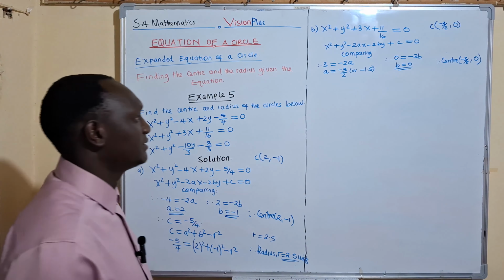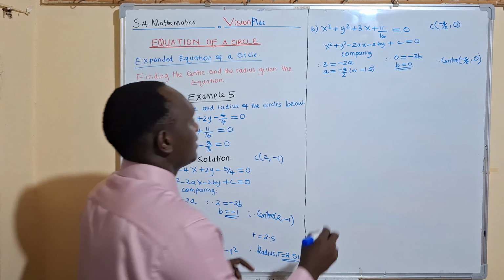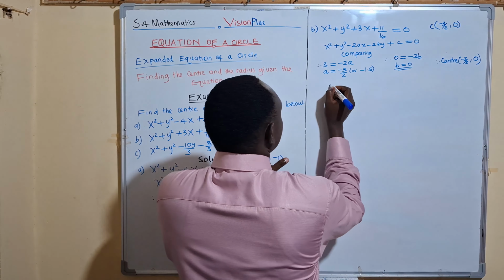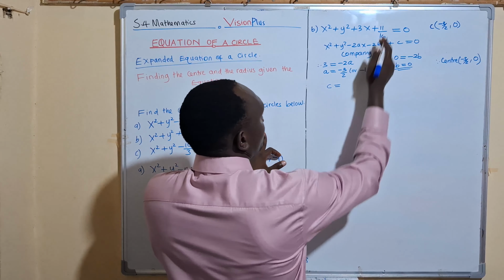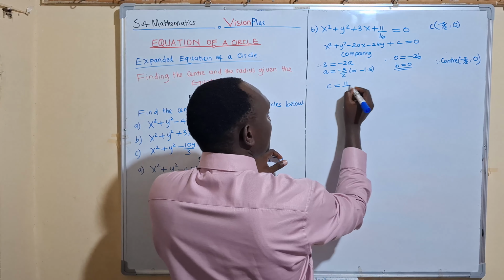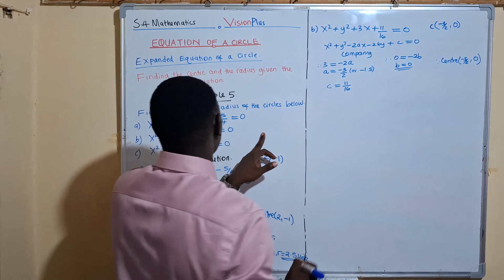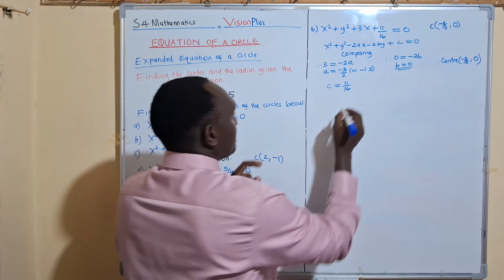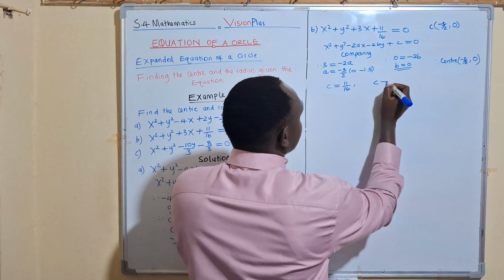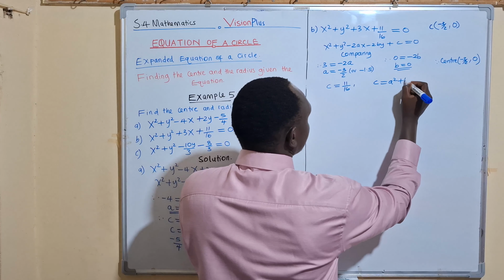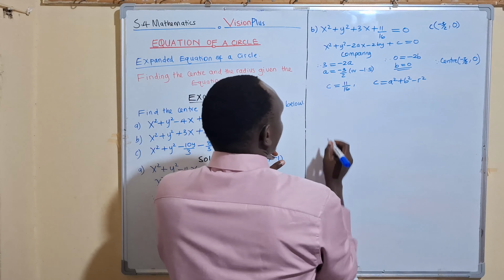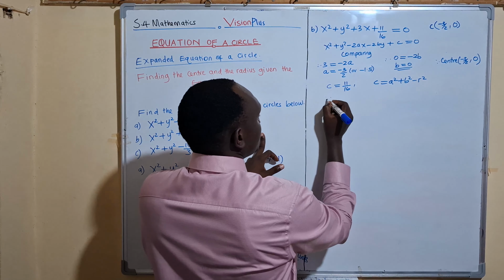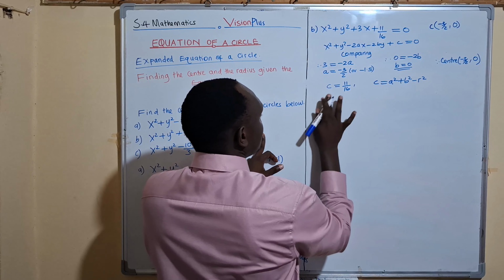And that is the center for part B. And then, what about the radius? Now, the radius is given by, let us first get C on comparing. C was 11 out of 16. But we also know that C is given by A squared plus B squared minus R squared. Substitute. So C is 11 out of 16,